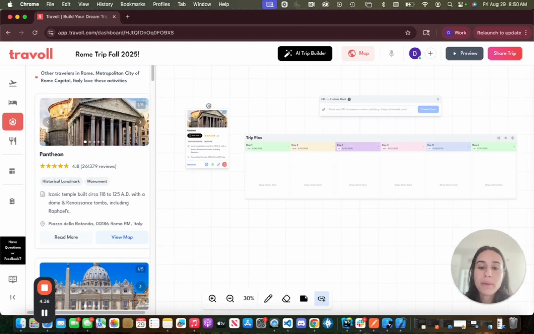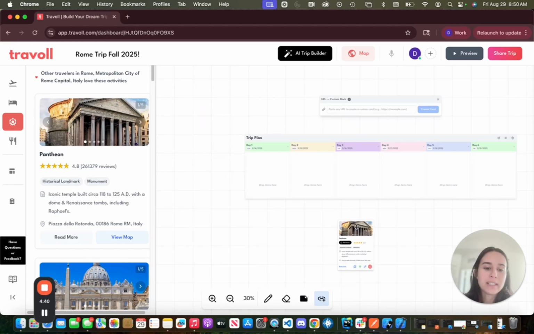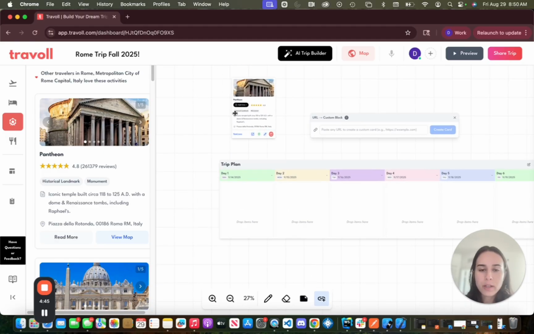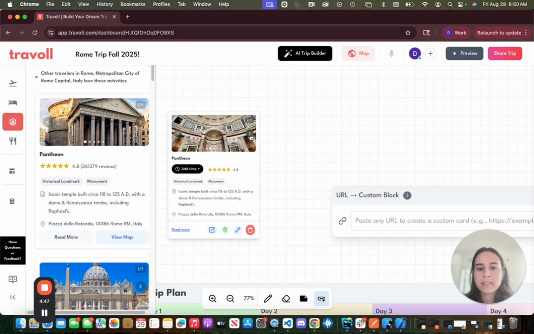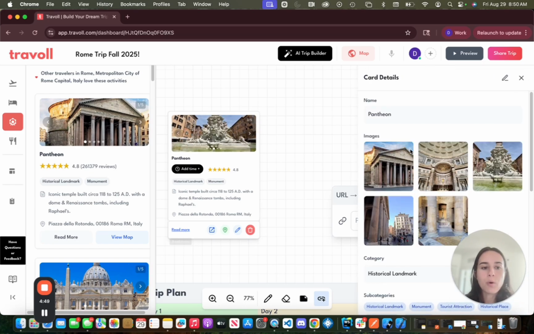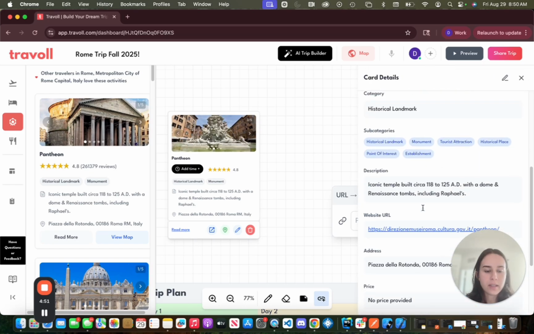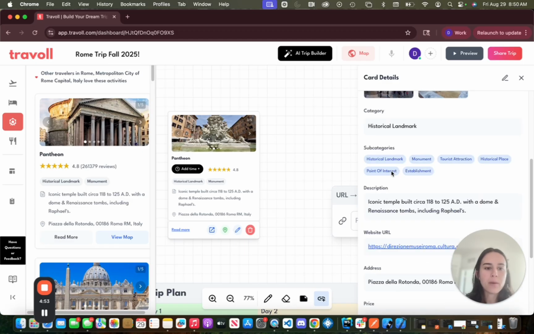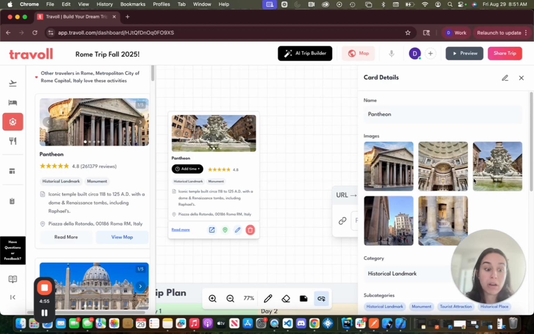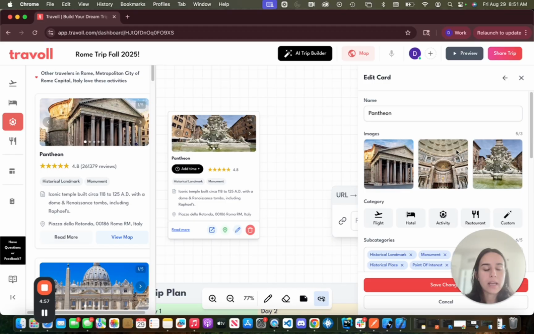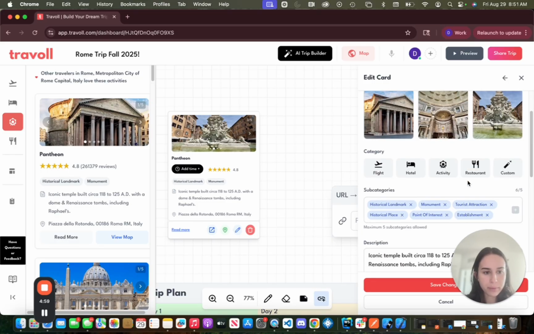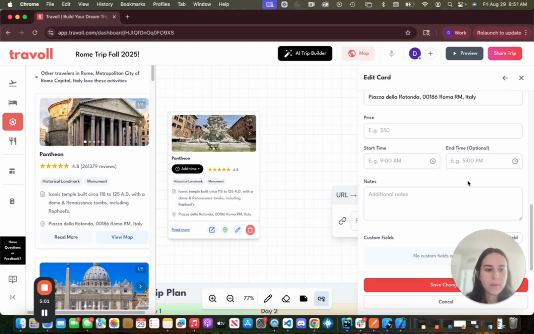And as soon as you drop it into your canvas, you can completely interact with it as an object on your canvas. So it's basically this beautiful looking object where you can look at it, see all the pictures, you can read more about it, all these different things. And what's cool too is that if you want to add more pictures or add your own pictures or anything, you can edit it completely, and you can 100% make it your own.